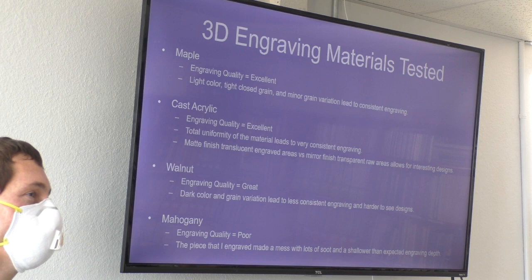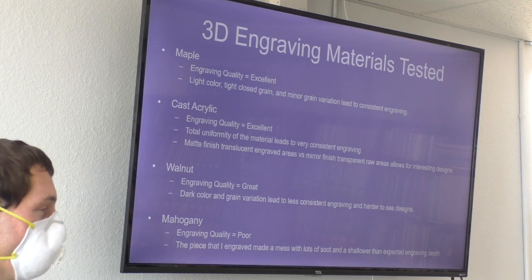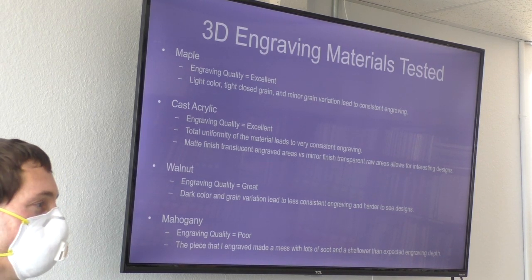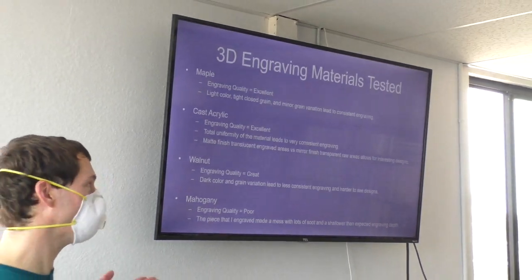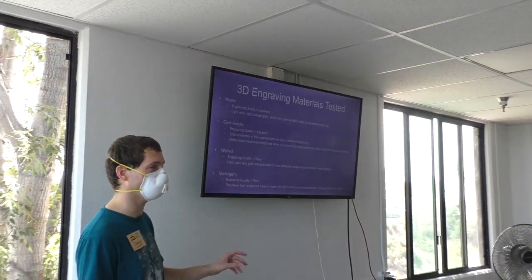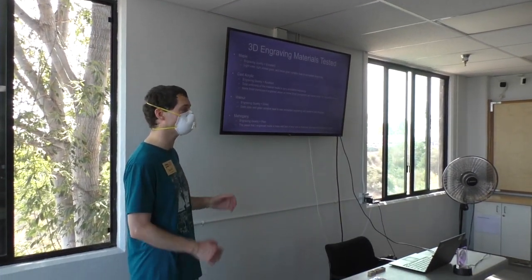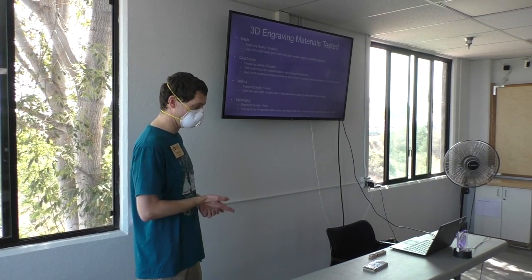It's going to be used in a different scenario than wood, I suppose, because it's transparent, so you're going to have it set up for something like that. But it works great too, because it's such a consistent material, it's going to give you the same results all the time. Walnut will engrave okay,